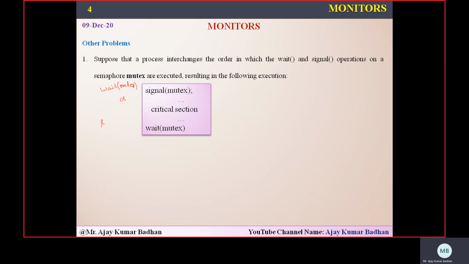Then we will be entering into the critical section, then signal of mutex. So in case there is a change, the signal is calling. So what happens? Multiple processes might be present in the critical section at the same time. That results in a mutual exclusion